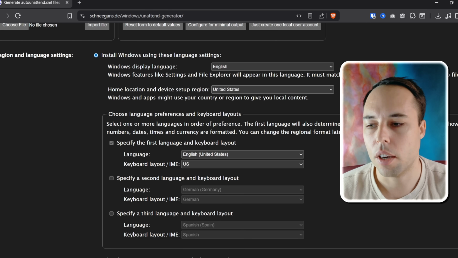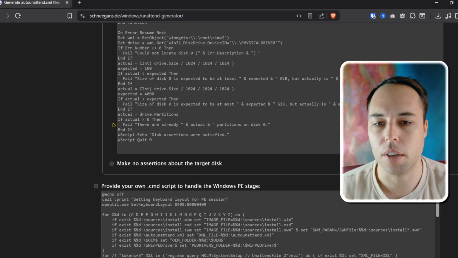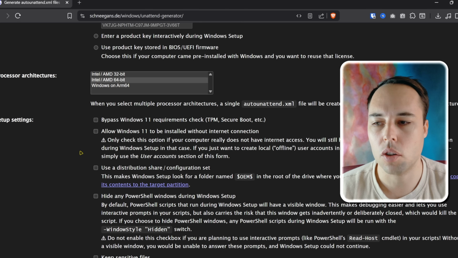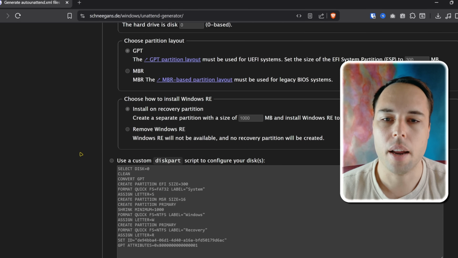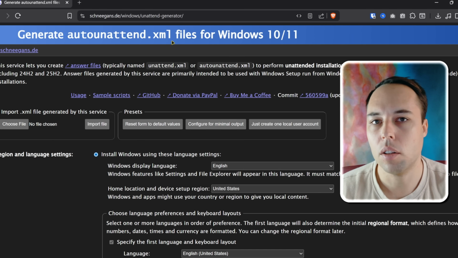And this unattend generator has the most settings that you can customize at the time of this video recording. There's a ton of stuff that you can go through and create a very sophisticated auto-unattend answer file to automate your Windows